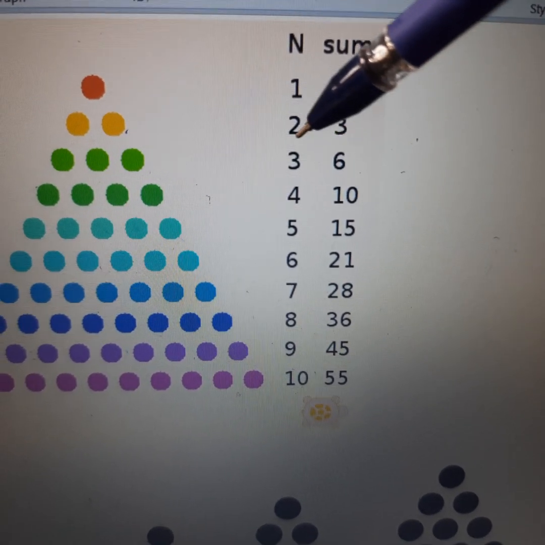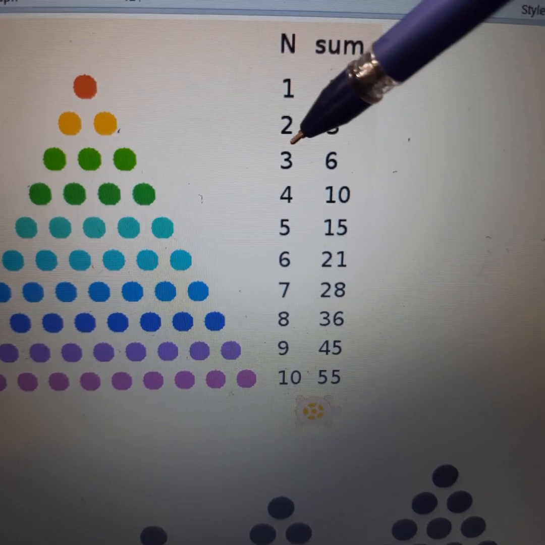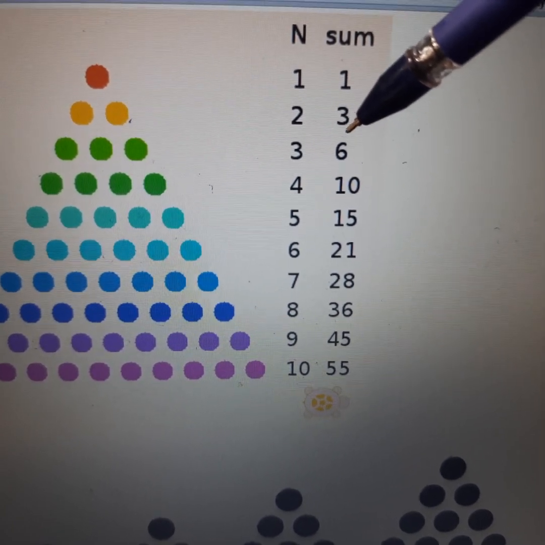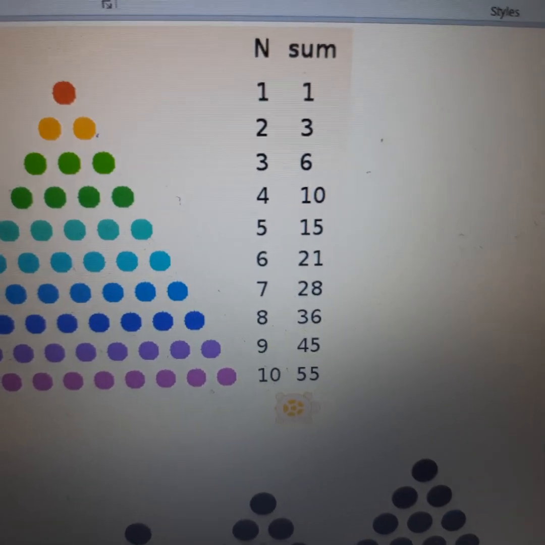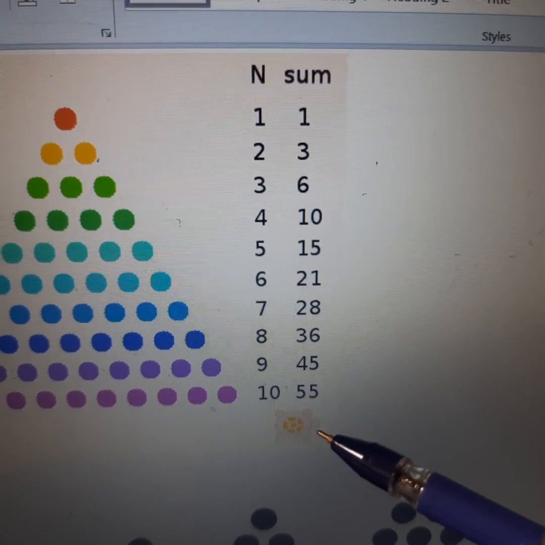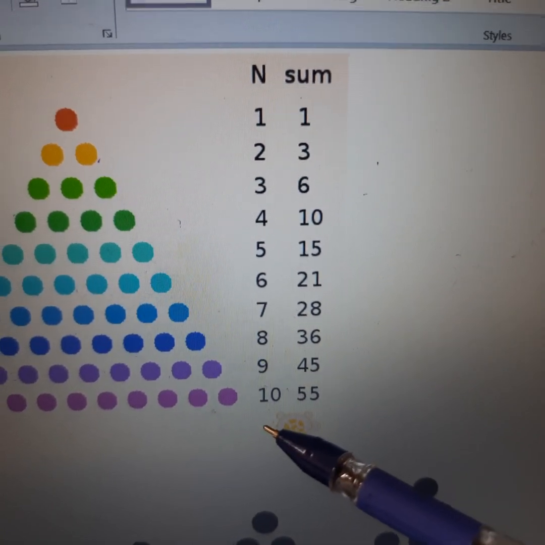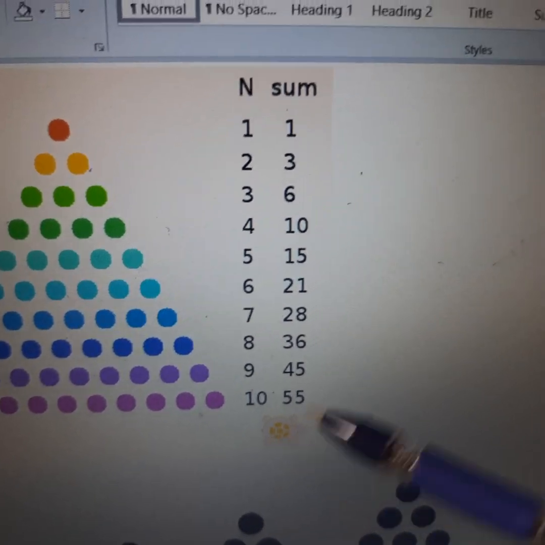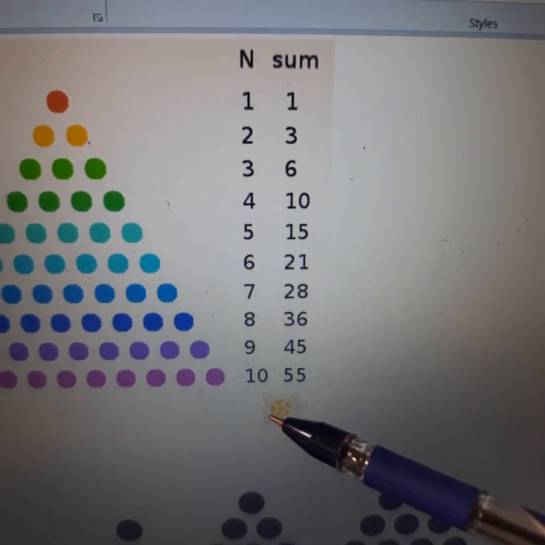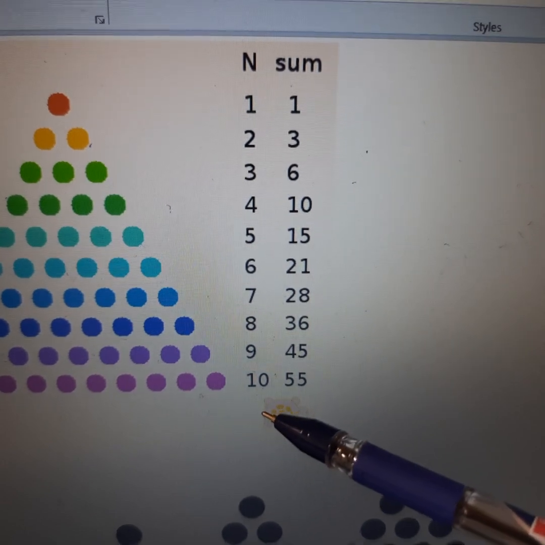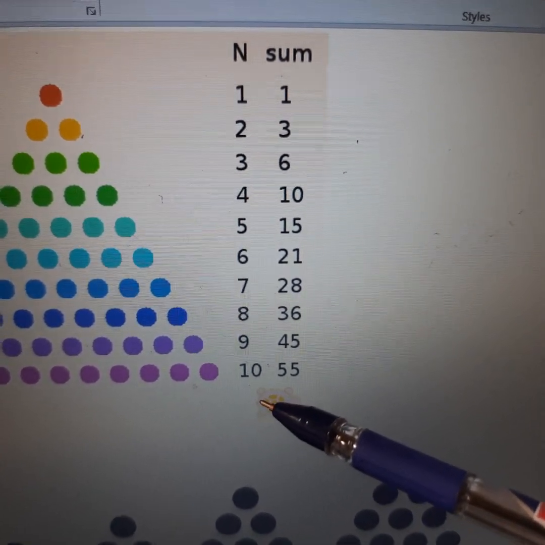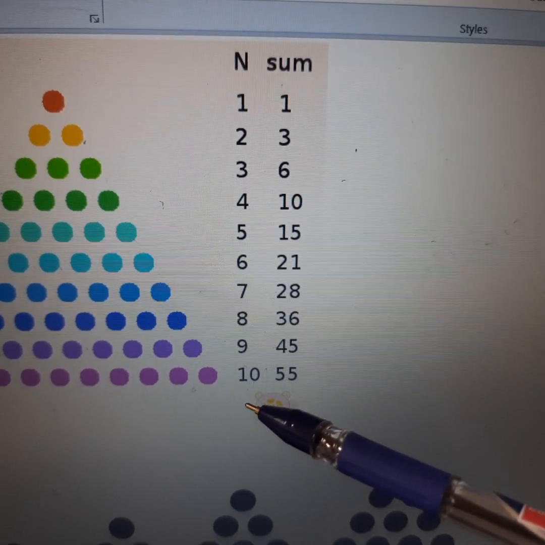That means our n is 2. So if n is 2, and we are getting the first triangular number, then we have to find out what is n for the 10th triangular number. When we go to find out the n, we get n as 11, children. You can see one number is being brought down, so 11 we get as the 10th number. So n is equal to 11.